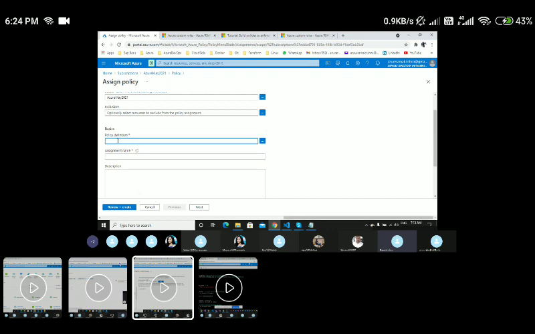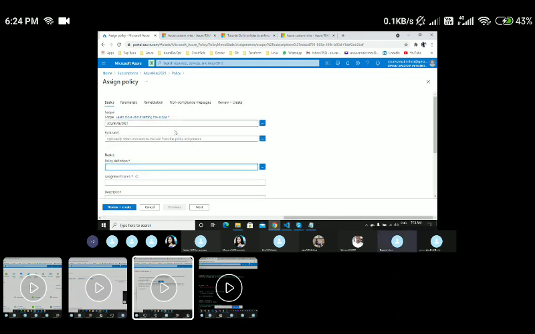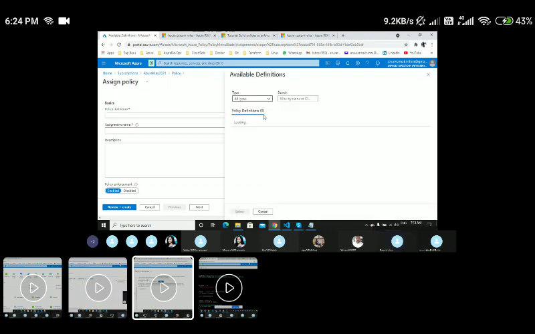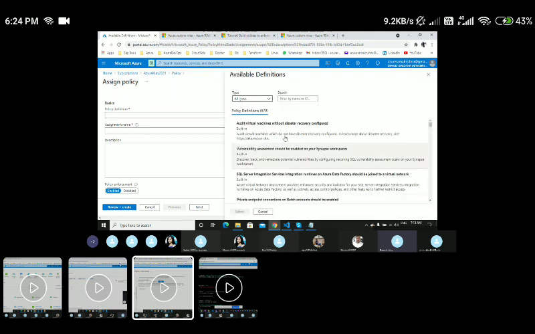For now I'll say, like, storage reader, maybe, let's say. Yeah, so here, I need to take the definition. So these are some of the built-in policies. If you see here, we have, like, vulnerability assessment should be enabled on your Synapse workspace. Synapse is one of the analytics tools within Microsoft. So whenever you create a Synapse service, you have to perform this particular vulnerability assessment for security purposes. So this is some kind of policy that I can assign, so that whenever you create this